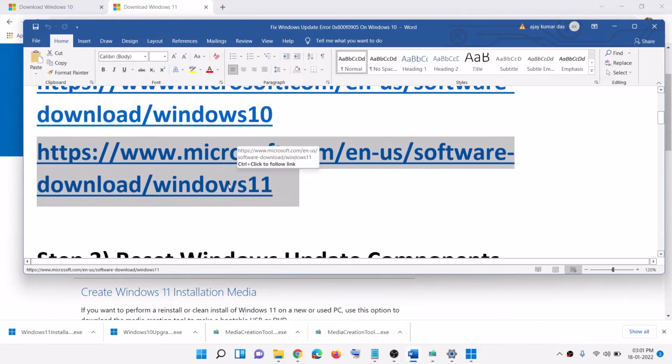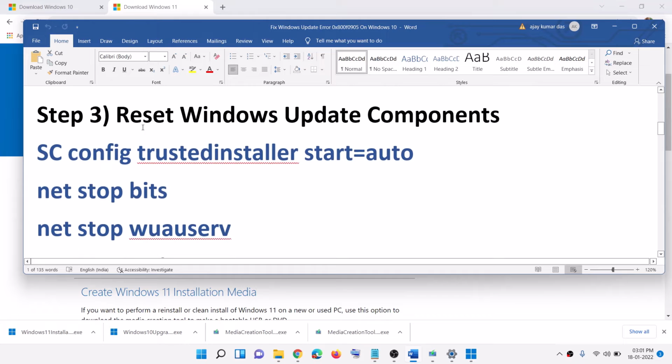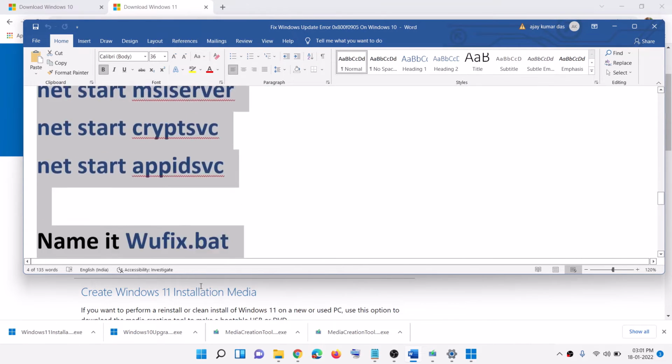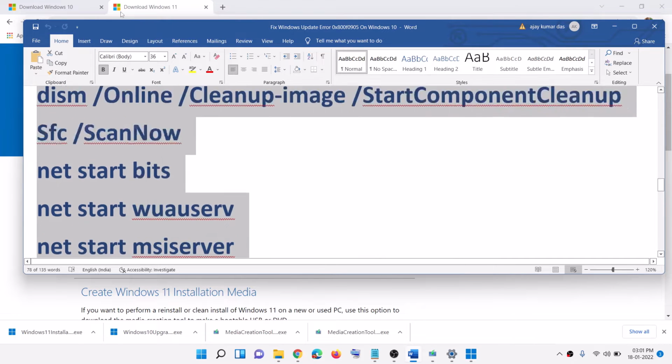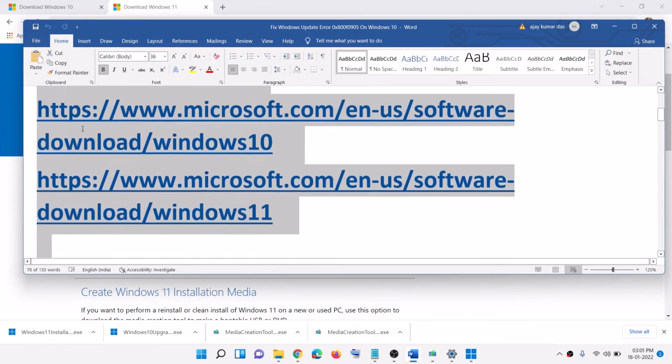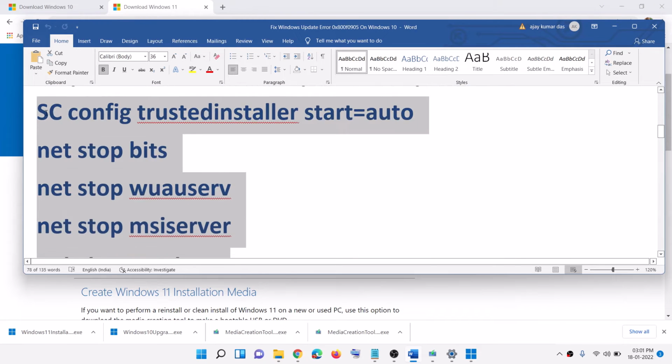Now, if you're still facing the error message, in that case, you can go ahead and reset Windows Update components. For this, copy all these commands. These commands are provided in the video description. So copy till here. Open Notepad on your computer